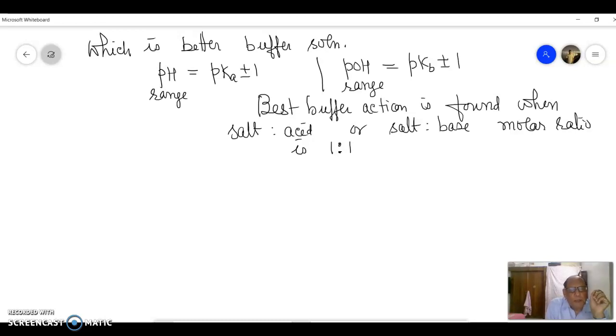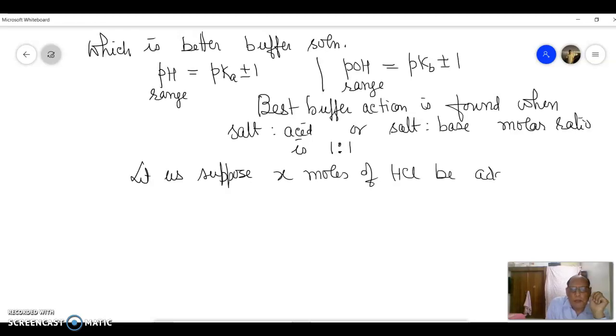You have read that buffer capacity means the number of moles of a strong acid like hydrochloric acid or a strong base like NaOH, which must be added to 1 liter of the given buffer solution so as to change its pH by 1 unit. So let us suppose X moles of HCl be added